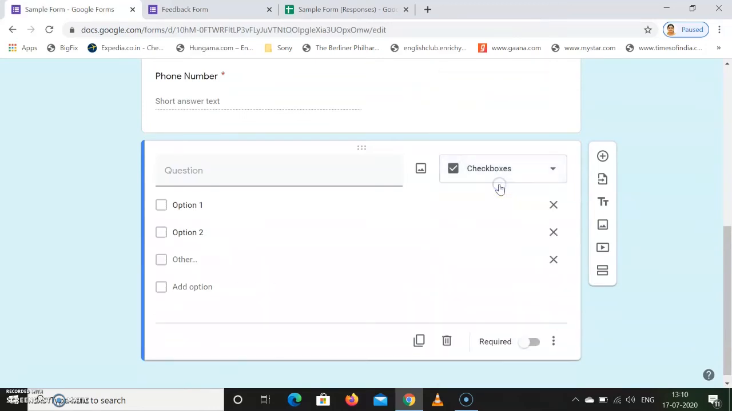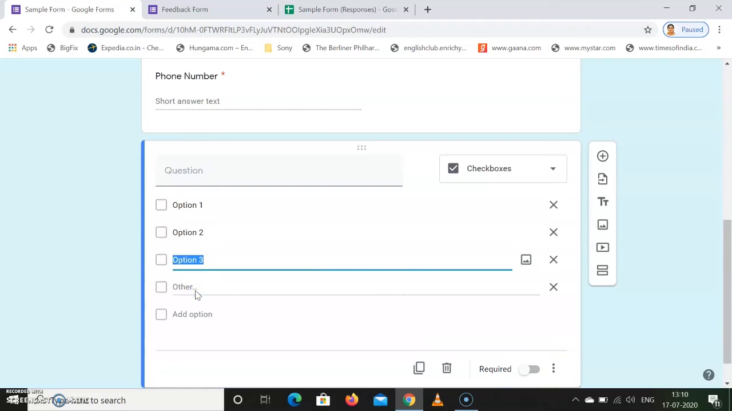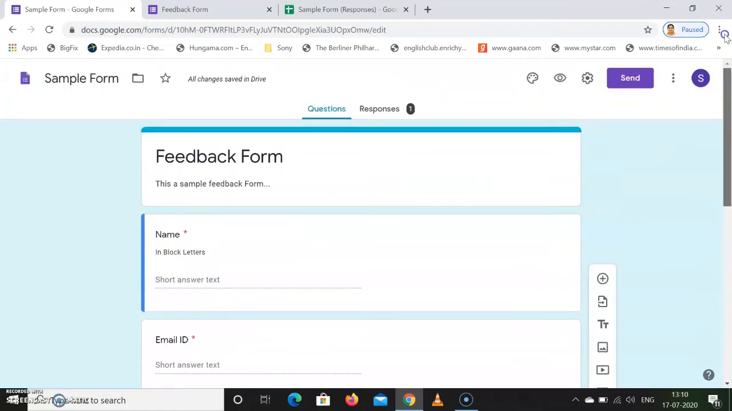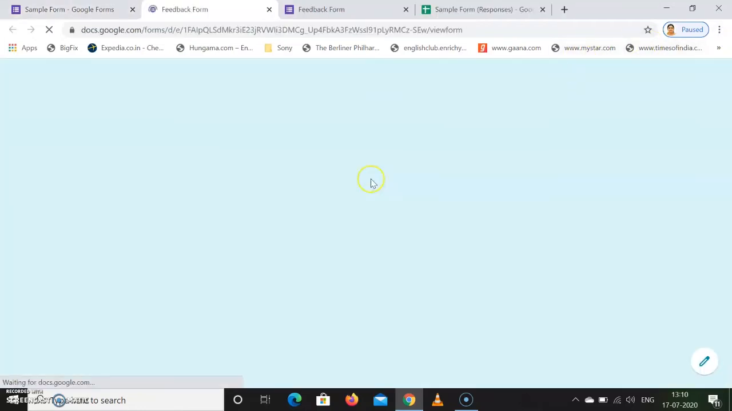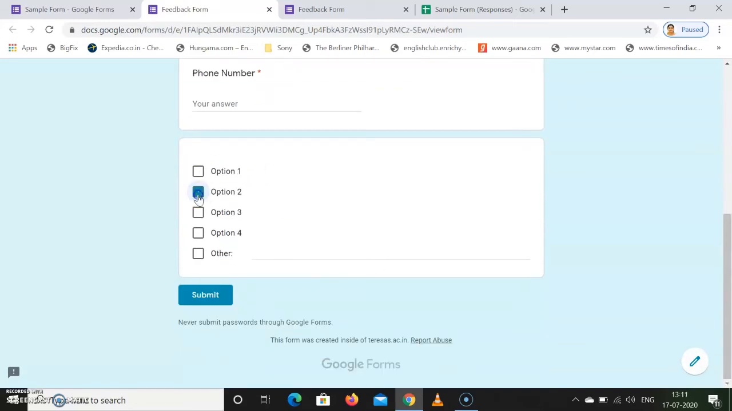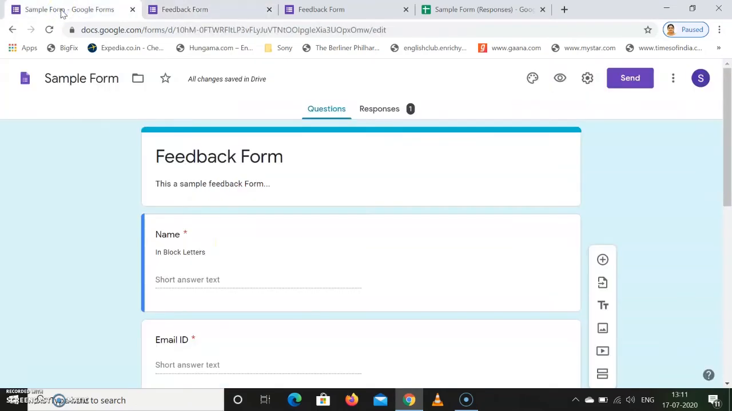Next we have checkbox. Checkbox is similar to the multiple choice. Here also the options are listed and we can add new options. The only difference is that the user can select as many options as they want. But in the multiple choice, the user can select only one option. Now we'll see the next answer type,